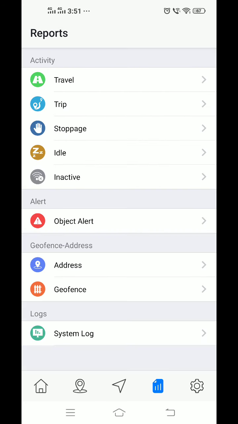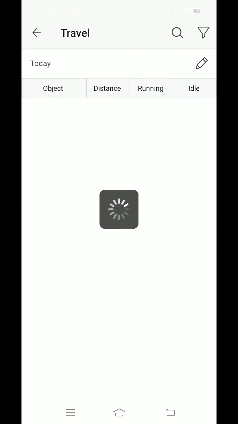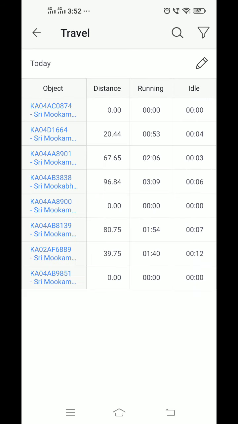So we have other options called travel, trip, stoppage, idle, inactive status, and object alerts. So let us go by travel. So this is the travel data of 2 days for all the vehicles. The first vehicle is inactive, that's the reason we are showing 0, whereas the other vehicles have traveled.